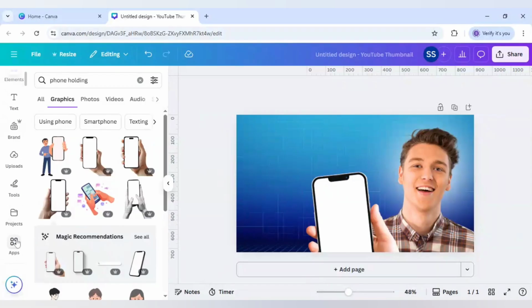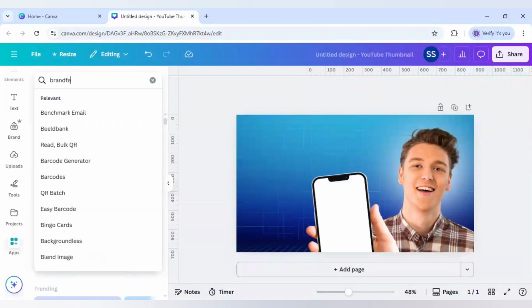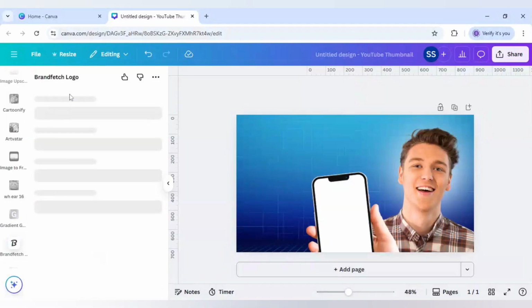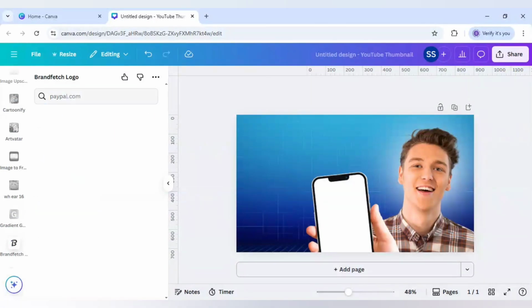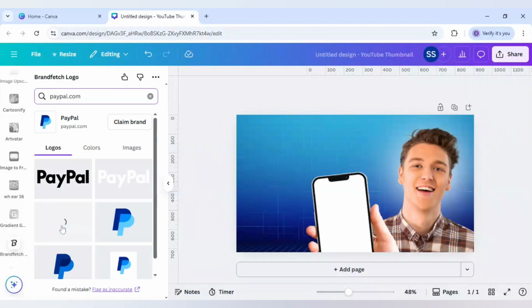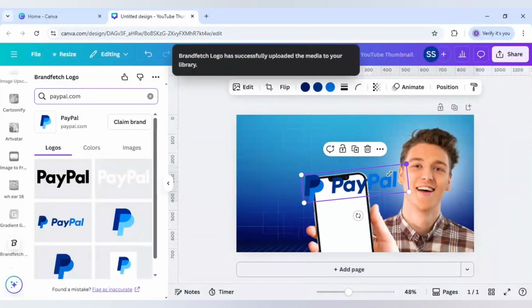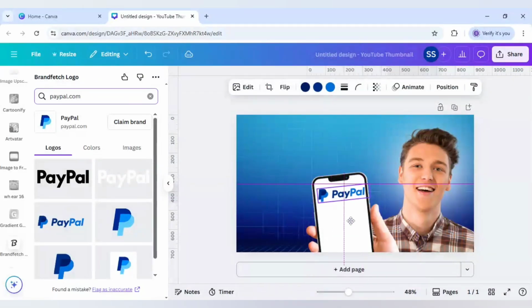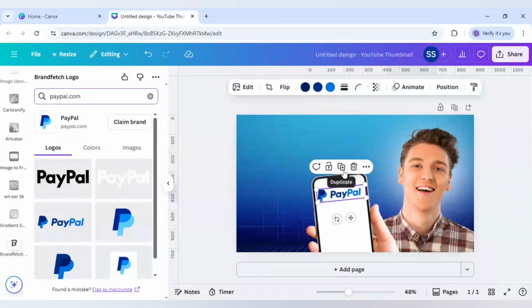So for that, first I will go to apps, and here I will write Brandfetch, and in this Brandfetch icon I will search for PayPal and use this one. Rotate it again to -6 degrees and make it smaller according to the requirement. So this one is okay, the size. And after that,